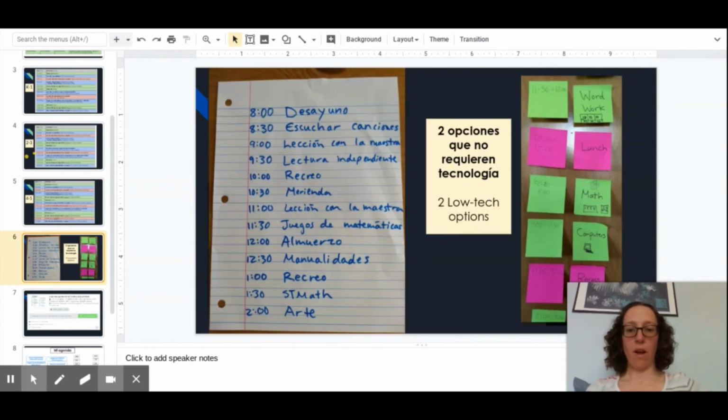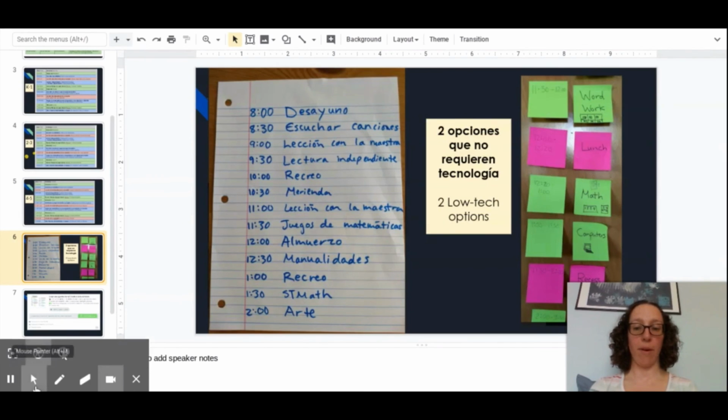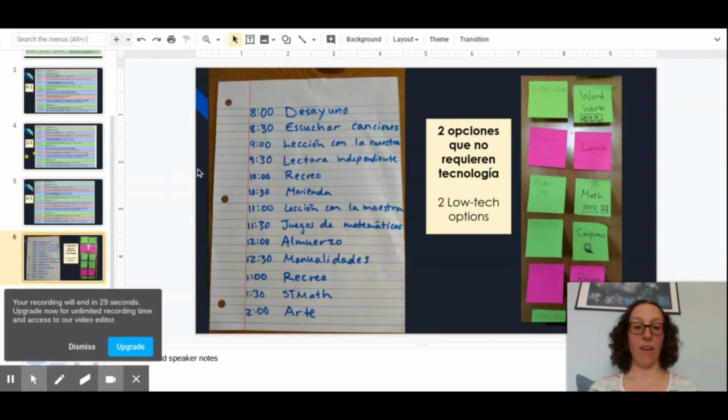I wanted to show you some examples of how you could make a schedule, what this could look like. So these are 2 low-tech options right here. One is you can just write on a piece of paper what it is that you're going to do. The other is that you could write it on post-it